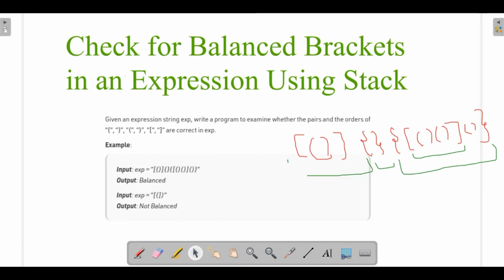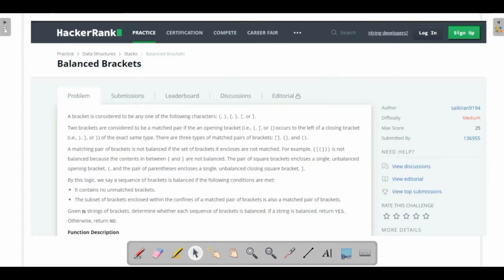Let's check how this question can be modified, or in what different ways it can be asked. On HackerRank it would say that a bracket is considered to be any of the following characters. Two brackets are considered to be a matched pair if an opening bracket occurs to the left of a closing bracket of the exact same type.